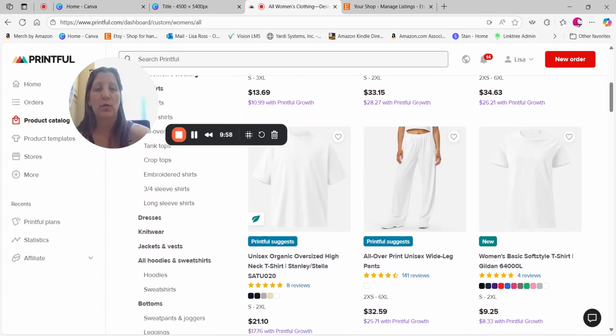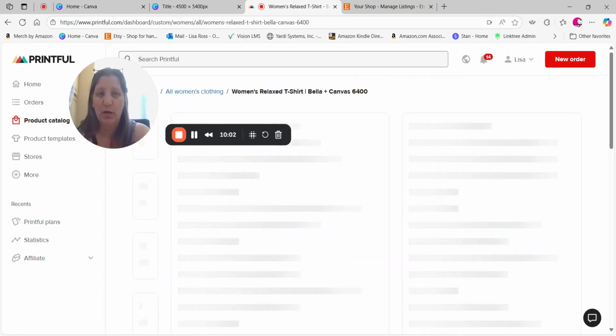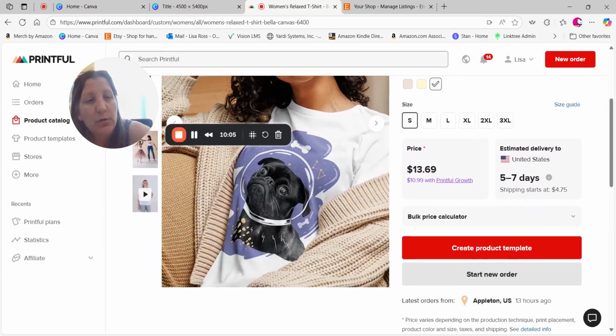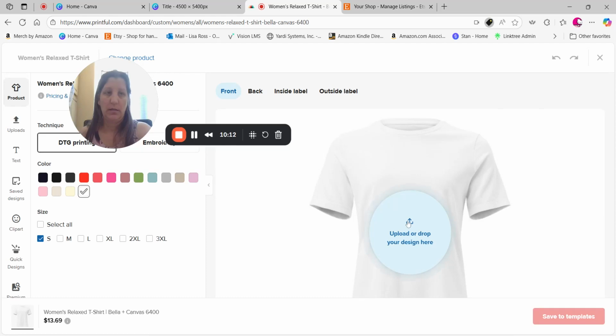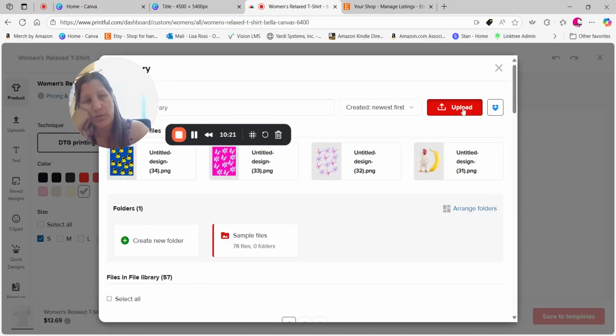Let's just do this one right here. So you just click on it, and then you go down and you press create product. And then this is how you're going to get your design up here. So press upload, and then